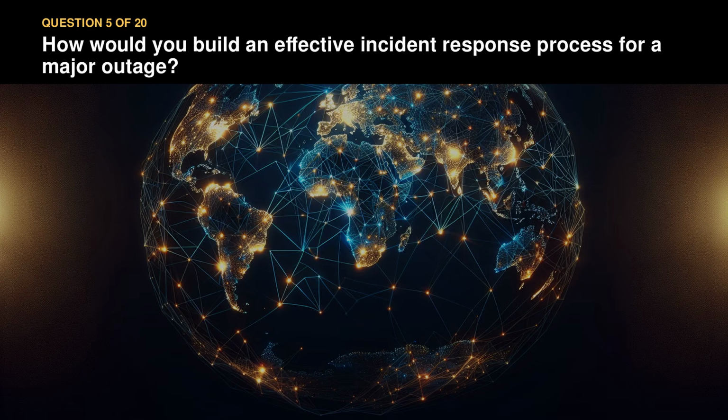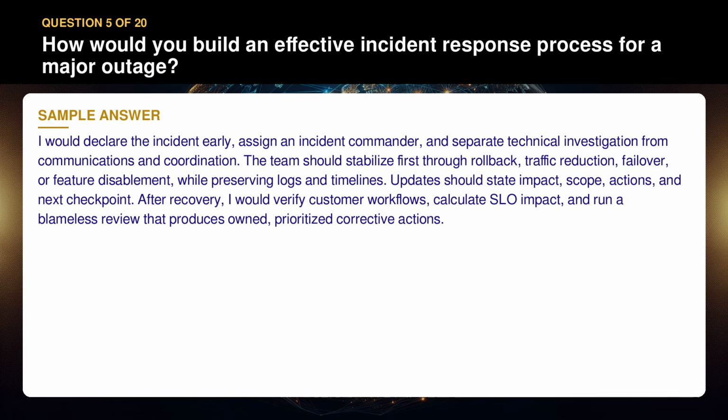Question 5. How would you build an effective incident response process for a major outage? I would declare the incident early, assign an incident commander, and separate technical investigation from communications and coordination. The team should stabilize first through rollback, traffic reduction, failover, or feature disablement, while preserving logs and timelines. Updates should state impact, scope, actions, and next checkpoint. After recovery, I would verify customer workflows, calculate customer impact, and run a blameless review that produces owned, prioritized corrective